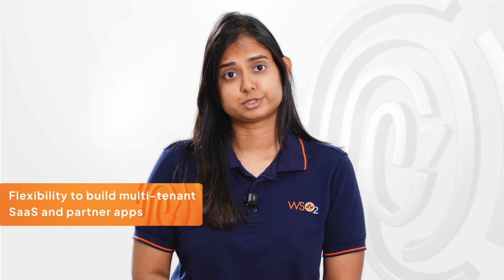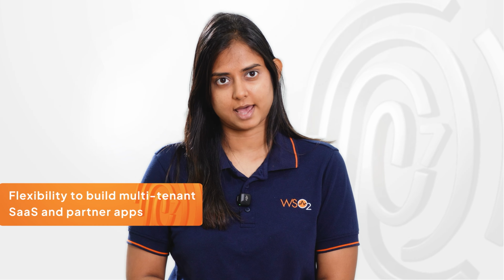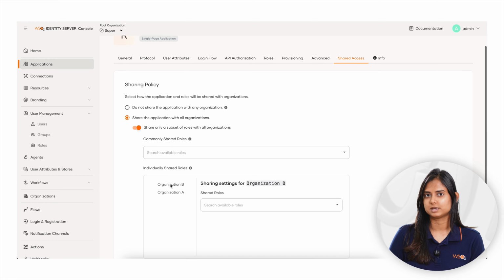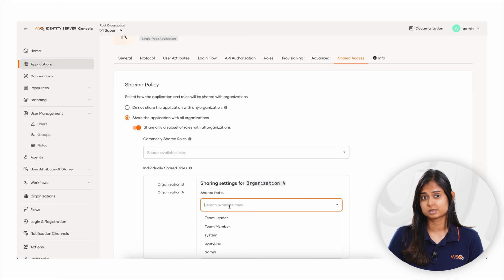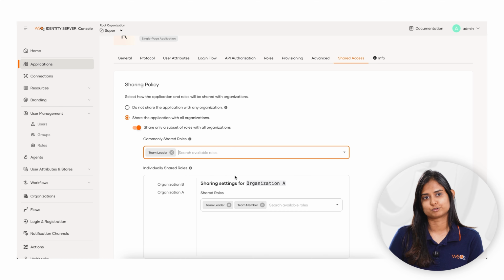Organizations and developers use WSO2 Identity Server as the backbone for multi-tenant SaaS and partner ecosystems. In 7.2, you can now choose exactly which roles to share when delegating applications to organizations, avoiding unnecessary permissions, and keeping access tightly controlled. Organizations will now also inherit configurations related to login and registration flows, attributes, scopes, and notification templates from the root level, all while maintaining strong governance